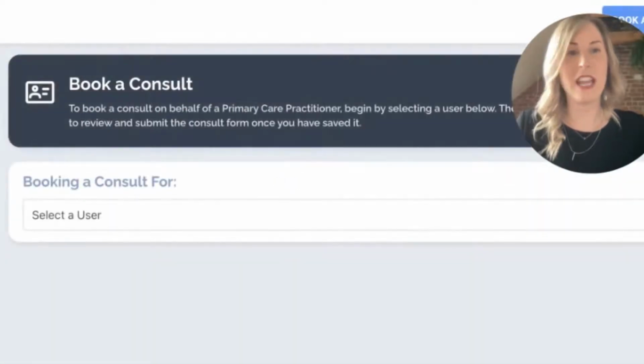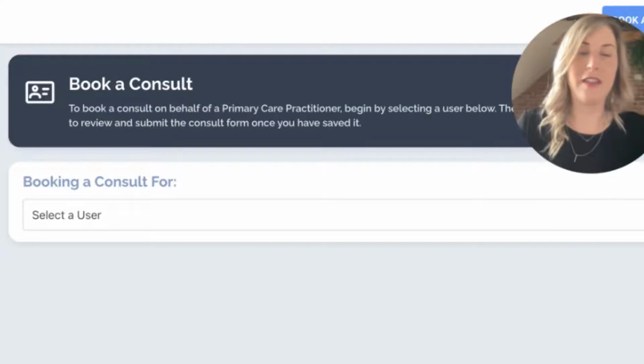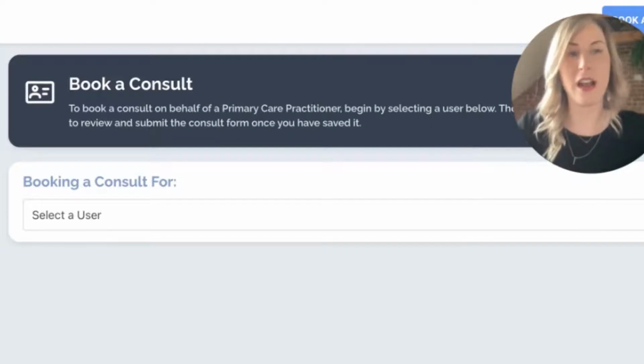Now, the verification doesn't limit you being able to book a consultation for them. We allow users to book up to 5 consultations prior to having the verification documents uploaded, though I do recommend getting those in there because it will allow the fee-for-service physicians to get paid, and it just helps increase our privacy, and that is why we have that cutoff as well